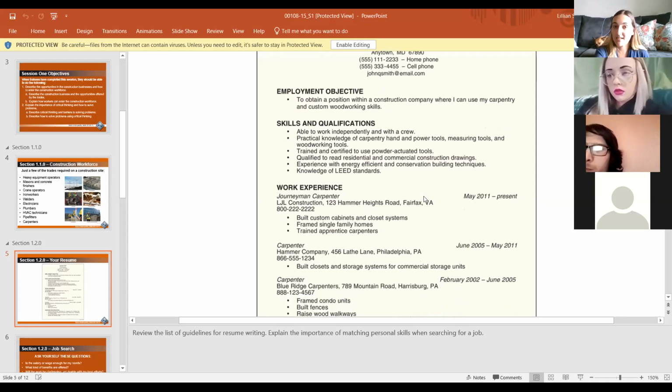You can personalize a resume for a specific job you're applying to. If you have skills in both carpentry and welding, for example, and you applied to a welding job, you would want to focus that objective on welding so that employer would be like, oh, they're interested in welding. And then for the carpentry job, you want to focus that objective on doing things with carpentry so that employer was like, oh, carpentry. But you don't need one singular resume that pertains to everything. You can have ones, they're called focused resumes.